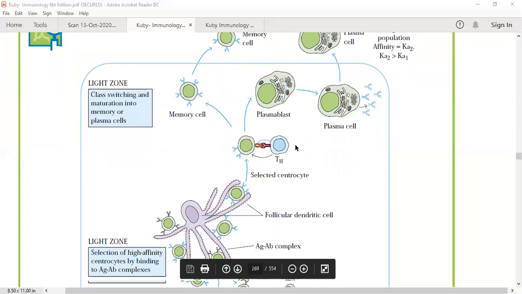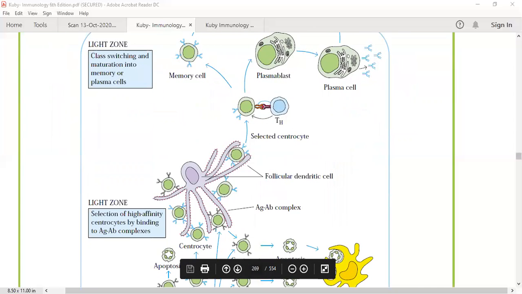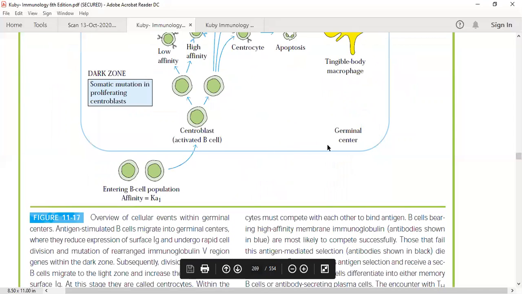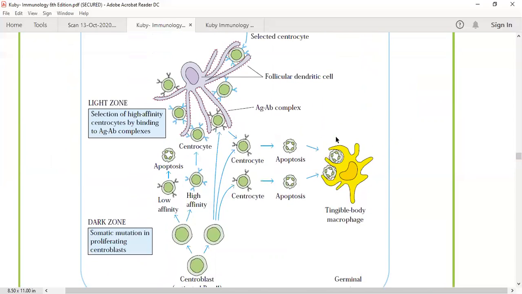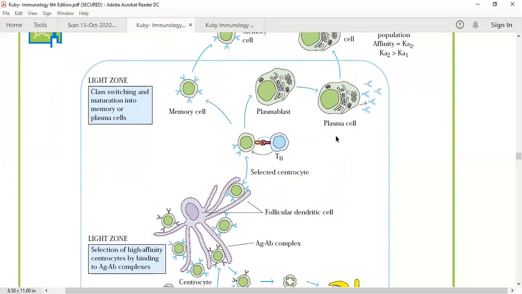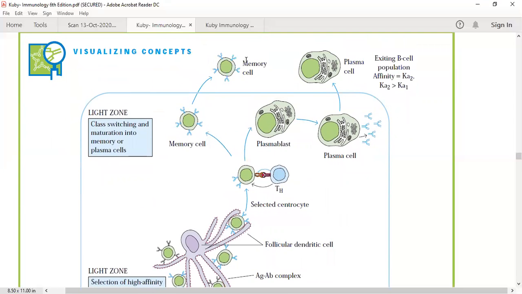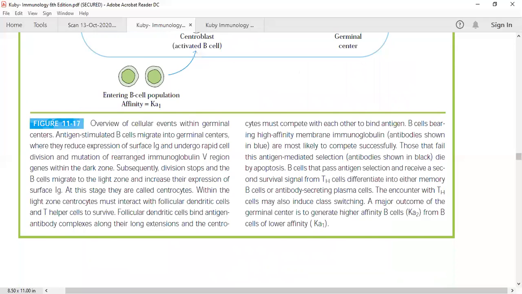All right. So actually, you can refer to this particular flow chart for the same query, which is showing the germinal center responses. In the germinal center responses, finally, what is happening? The memory cells and plasma cells are forming, and these memory cells will be stored so that they can protect the host.